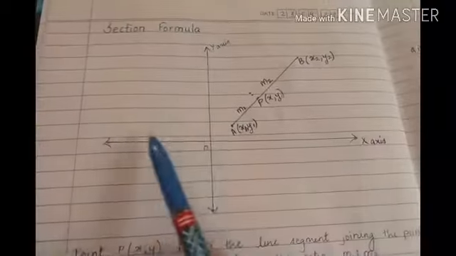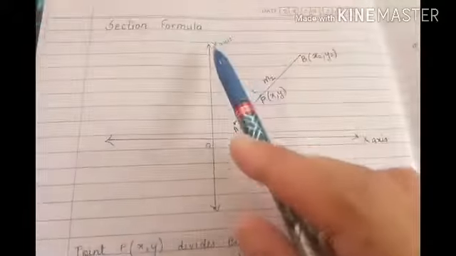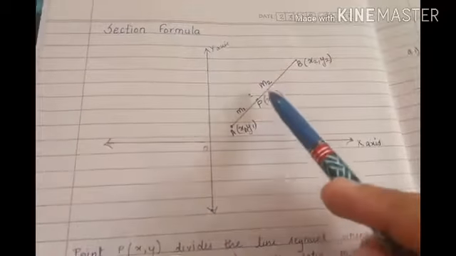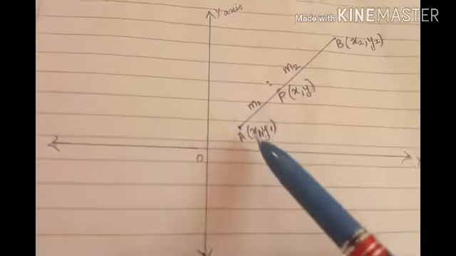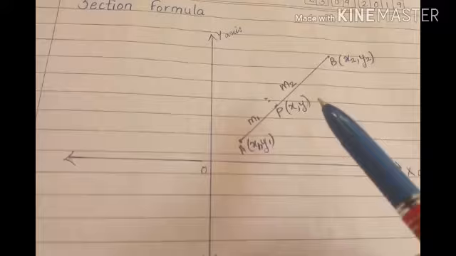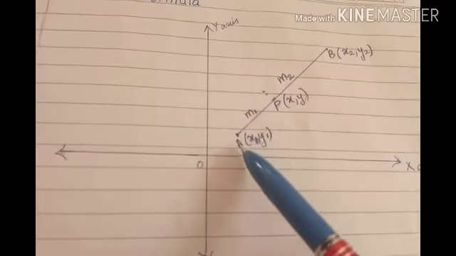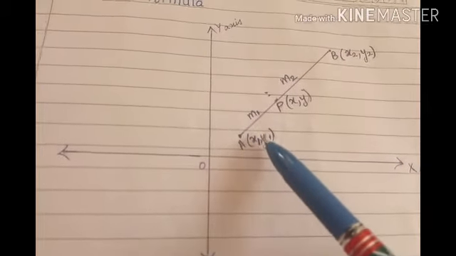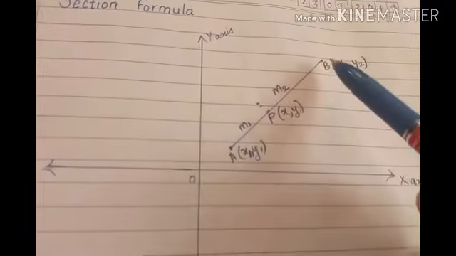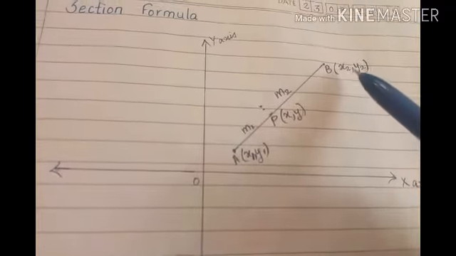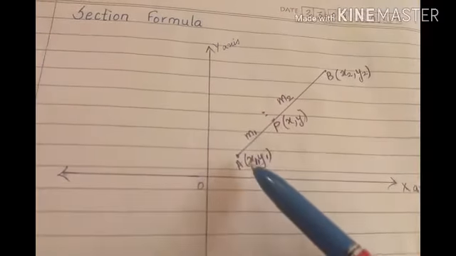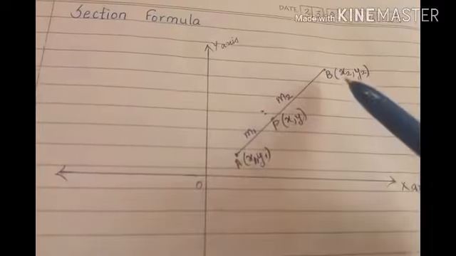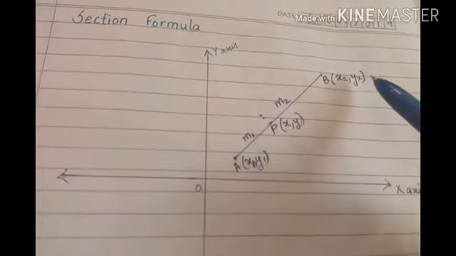Imagine the coordinate axis. This is x and this is the y axis. If there is a line segment AB, so this is line segment AB. So we know it's coordinate geometry, right? This chapter is coordinate geometry. So we know the coordinates of point A as x1, y1 and coordinates of B as x2, y2. Okay. So this is point A, point B. Coordinates of A are x1, y1. Coordinates of B are x2, y2.